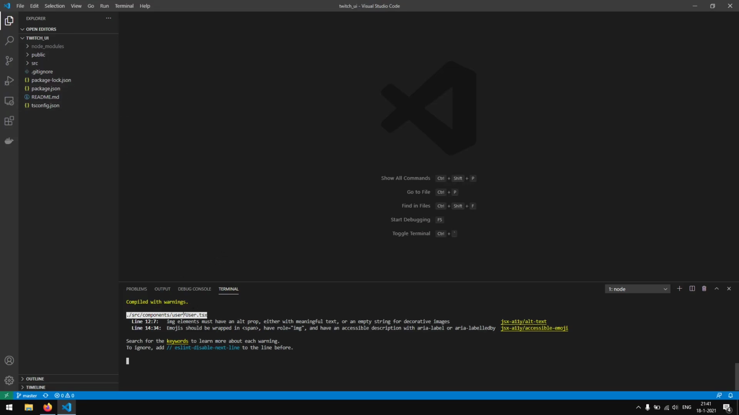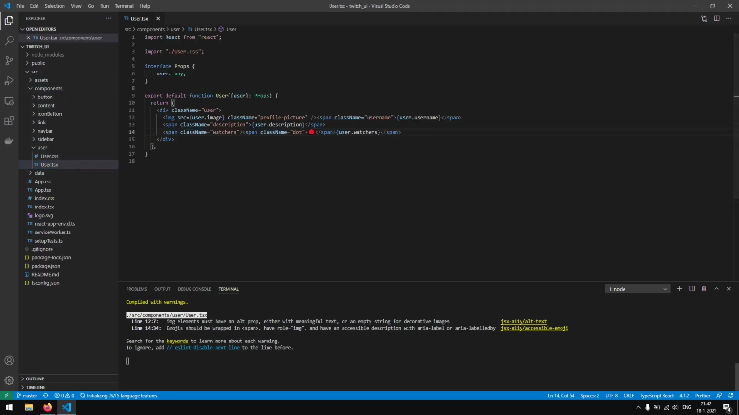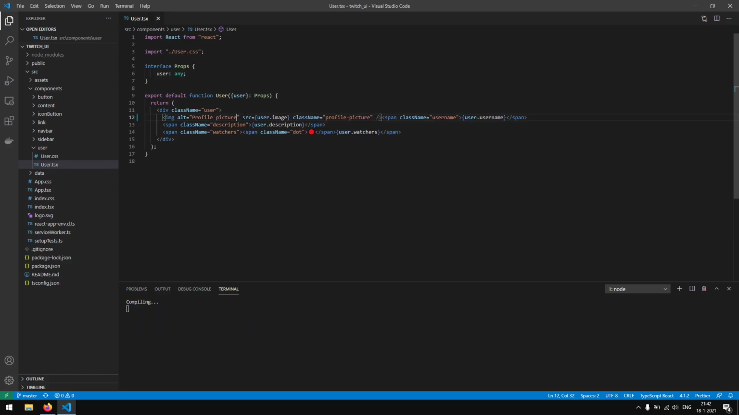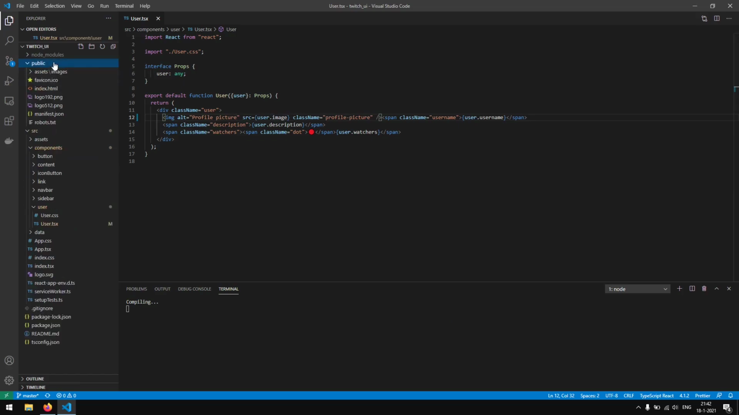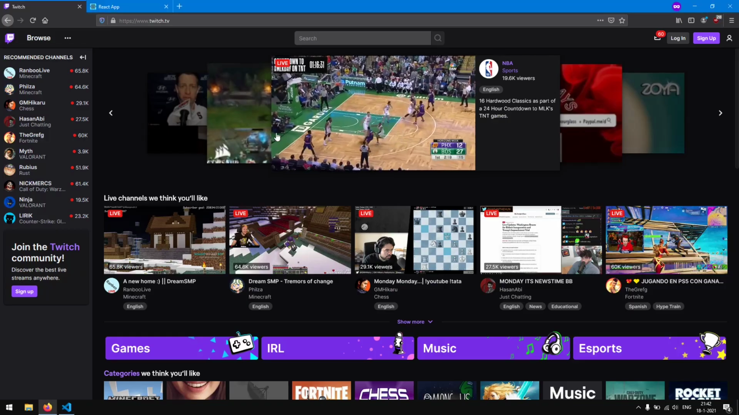in the console. And as we can see, the warnings are in the user component. So we're going to go in the user component, and it says image elements must have an alt prop. So we need to provide an alternative for when the user cannot load the image or cannot see the image. So the alternative is profile picture, and in this case we actually should say what type of picture. So in this case it's a bunny, but I think